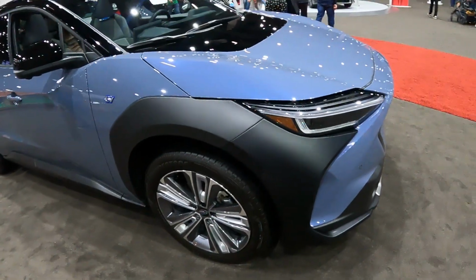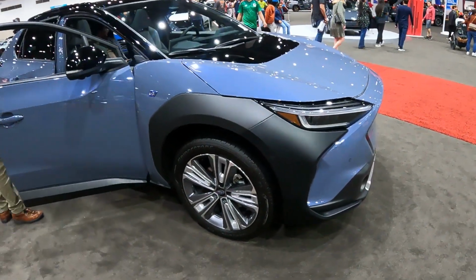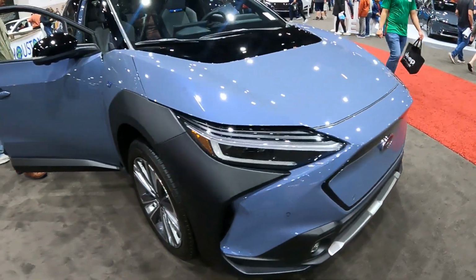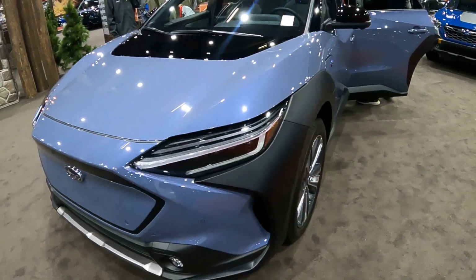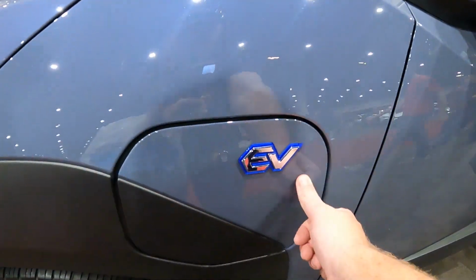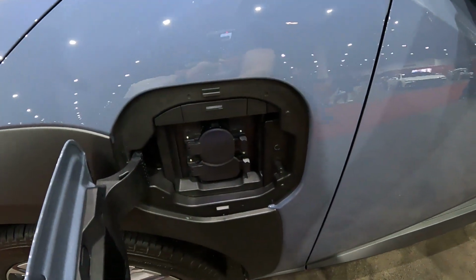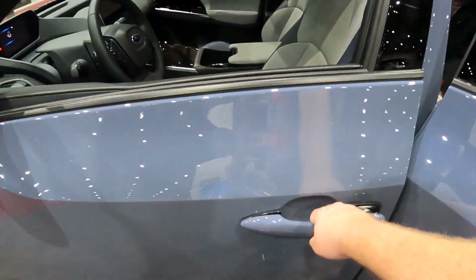But the styling actually isn't too bad, and it's one of the most unrecognizable Subaru models out of them all. I love this grayish blue color to it. And of course you got the big plug-in charge door here on the side with the EV badge on the side of it. But looking inside, however,